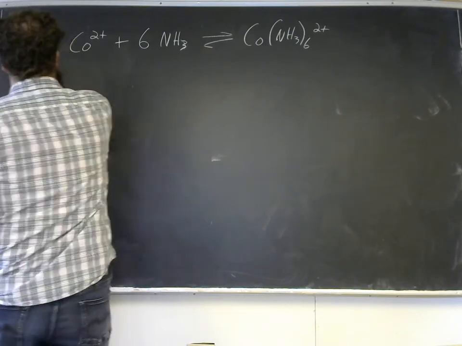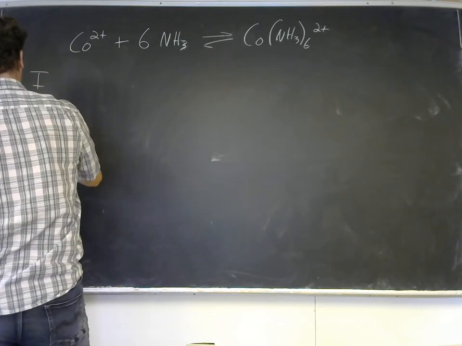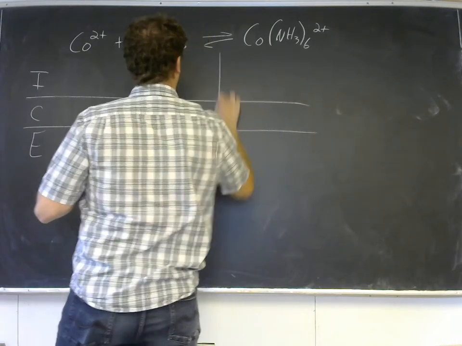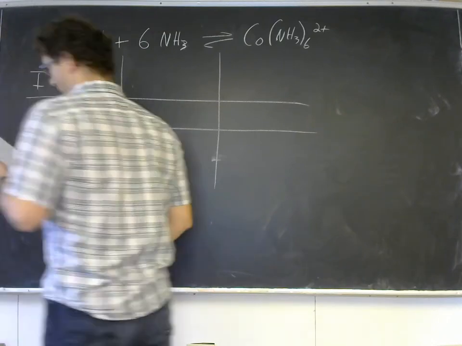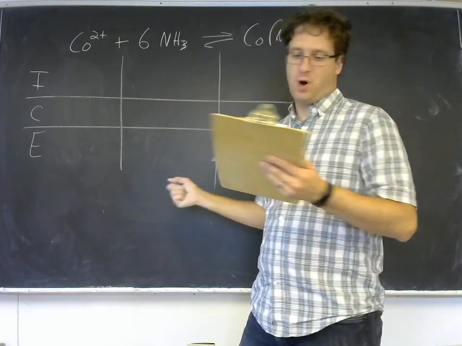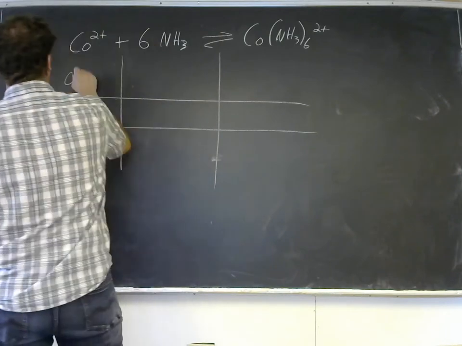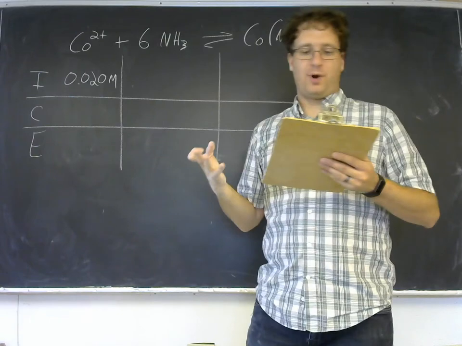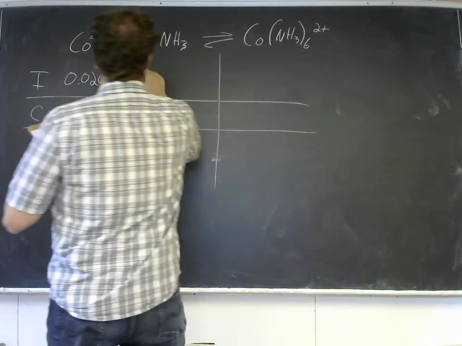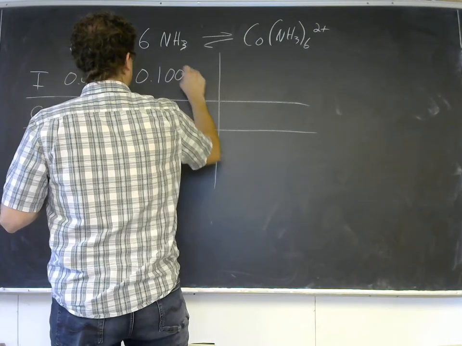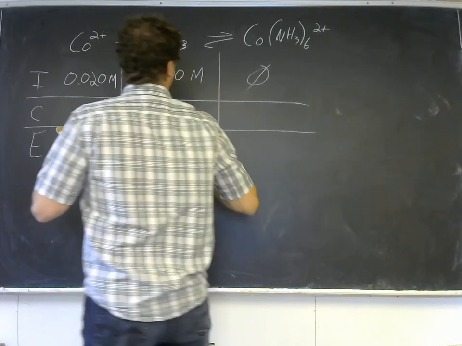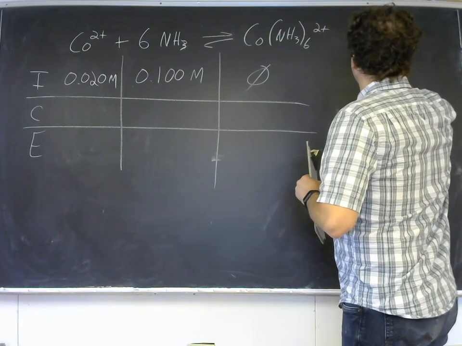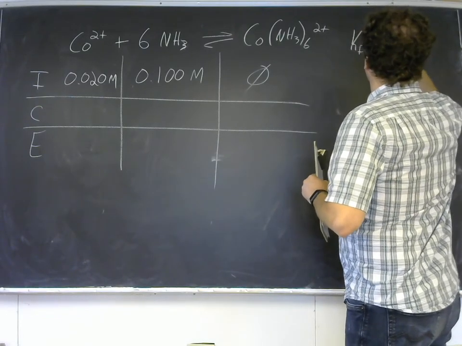So let's do an ICE table. Let's assume we start with a cobalt concentration of 0.020 molar, and we start with an ammonia complex of 0.100 molar. And we've got none of our product. And remember, Kf is going to equal our cobalt,